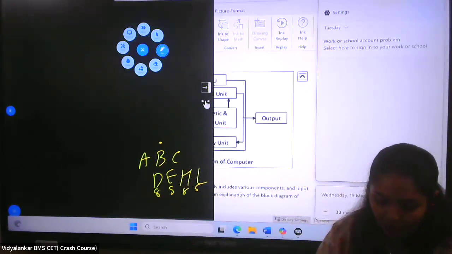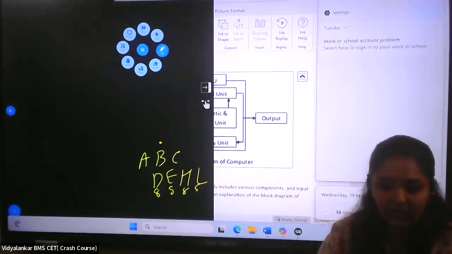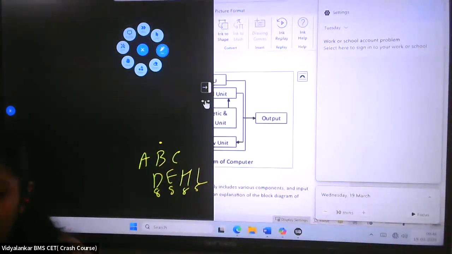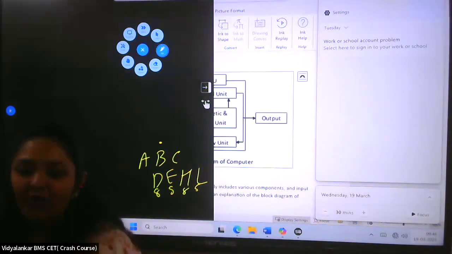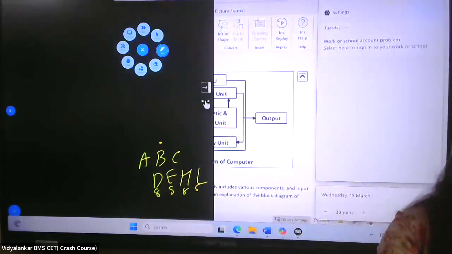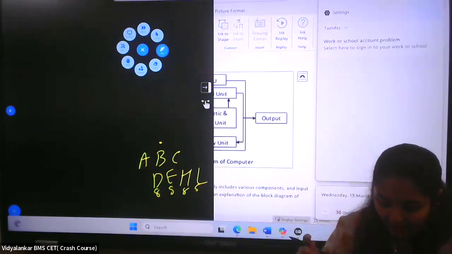Now, what is another name for additive manufacturing? That's 3D printing. You got it, no? He didn't give you. You didn't ask for the worksheet. Okay, so if you can just share with her and take the photos, or otherwise the answer key will be uploaded. You'll have the access. You'll get the answer key there.